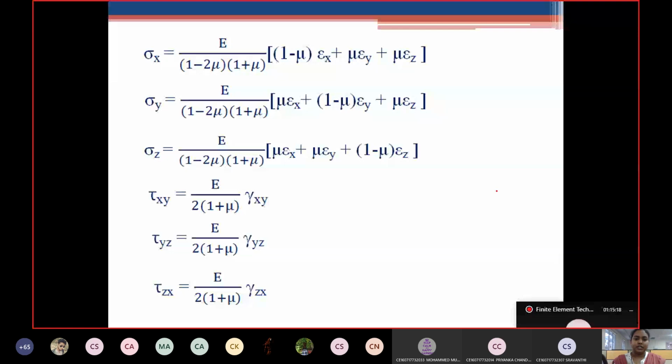And please remember the relation between stress and strain is an important question if at all you are going to have your written exams. Not choices, but if at all you are going to have your mid exam or the final exam, this derivation is a compulsory question. Relation between stress and strain. When the relation is asked between the stress and strain as a question, remember that you have to first mention the stress equilibrium equations, the strain displacement relation, and then come to this equation.